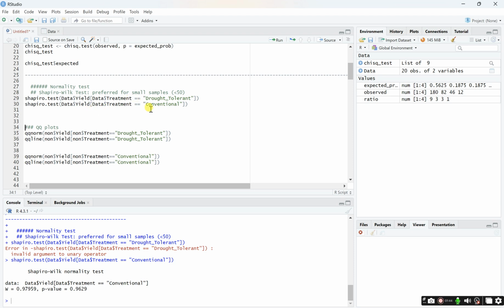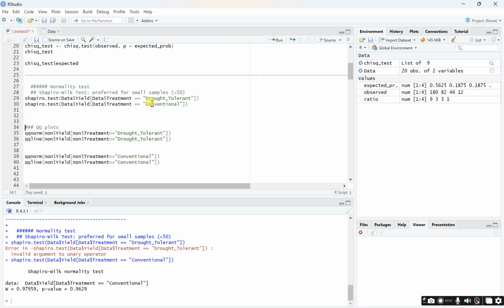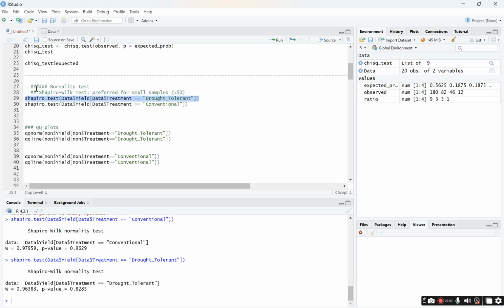For the data treatment that is conventional, I don't know why we are not getting it for the data treatment drought tolerant. So drought tolerant, drought tolerant. We should get something for this. Yeah, we got it. For the Shapiro's test for the drought tolerant, the p-value is